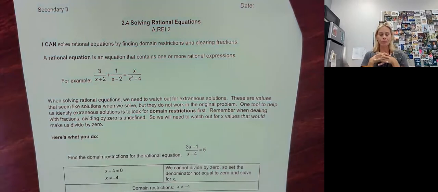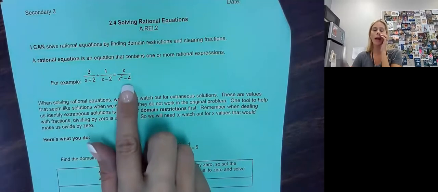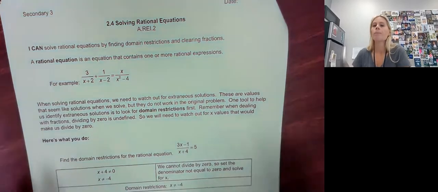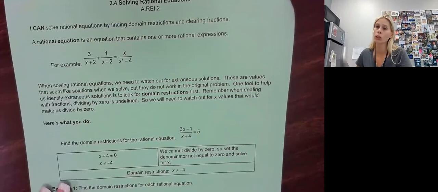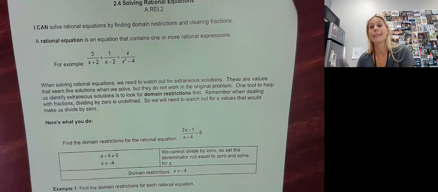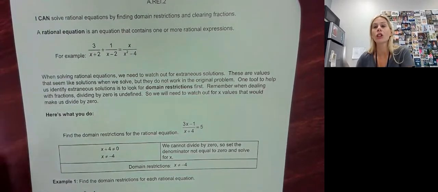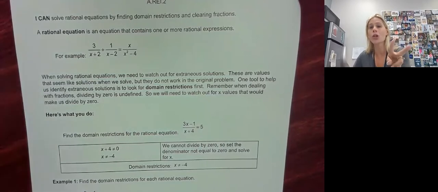Now, we have to remember though, with rational equations, we have rational expressions in there. And with rationals, we have domain restrictions. The idea is we have to go through the restrictions, because if when we're solving, we come out that x equals that number, well, we already know it can't happen, so we would cross it out and it would not be a solution. So when we first solve, what we're going to do is factor and then do domain restrictions,